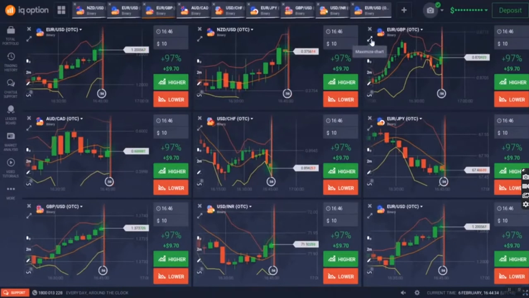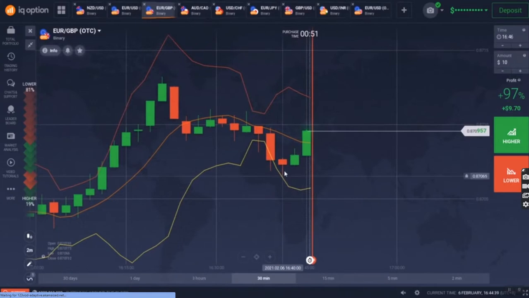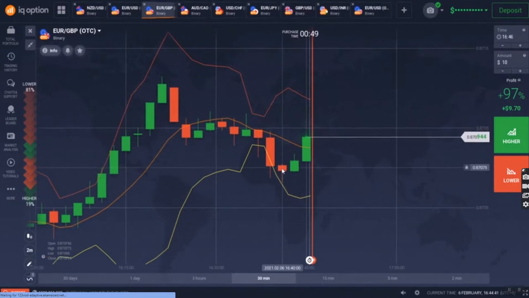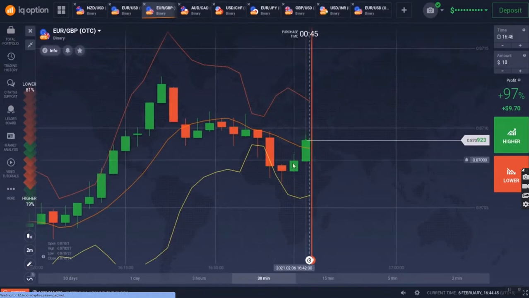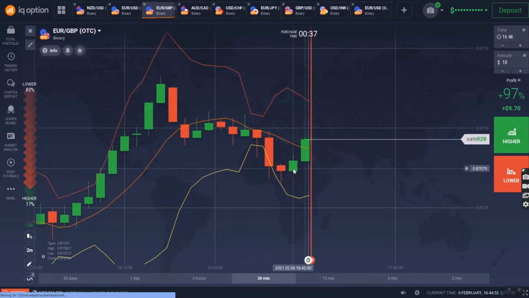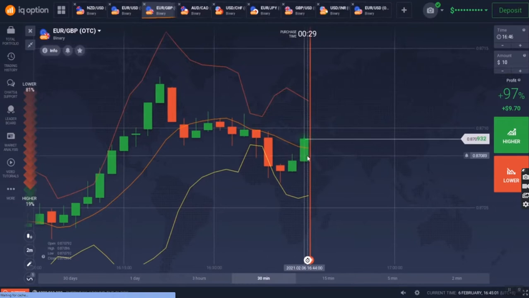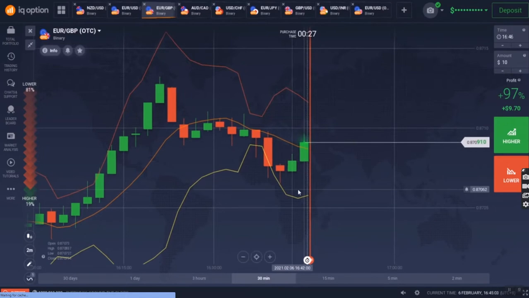Okay, so back to the method. Just now we were looking at Euro GBP, where the first candle, just now we were here, does not cross the middle line or the bottom line. We were supposed to do a sell here, and after the timing expired at 1644, it was a green candle, which means that we lost the first level. This is where we will go into our level 2 here, but we are going to do a buy instead of a sell.